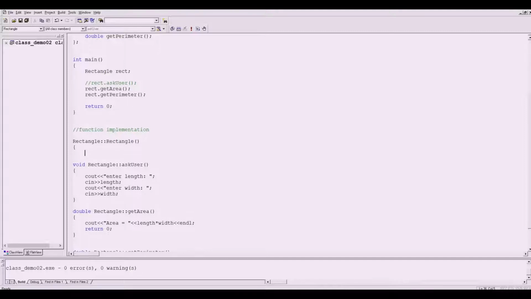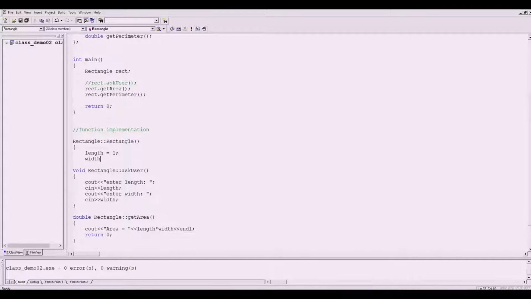We need to assign a value to our private variables should the user fail to specify the values prior to the computation. So let me specify here that the length is initially equal to 1, and then the width is equal to, say, 1.